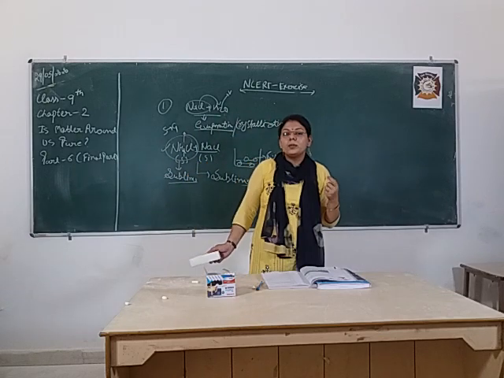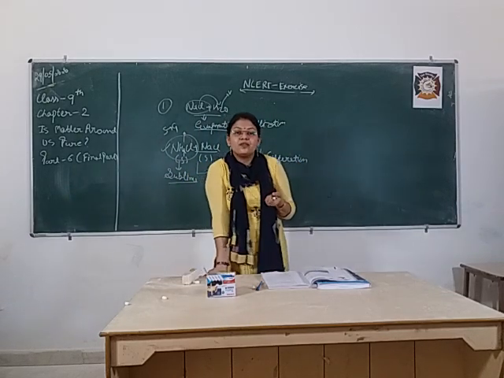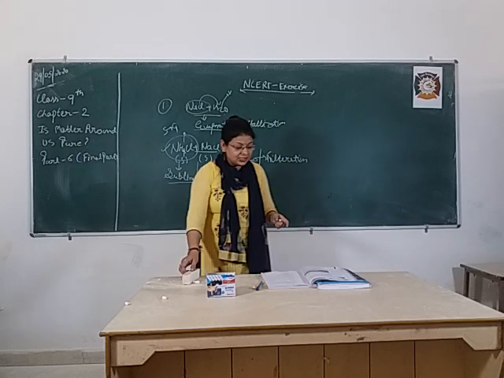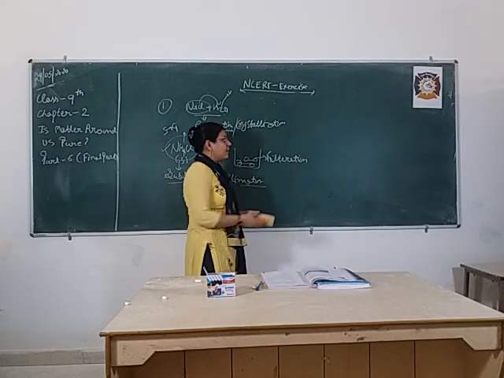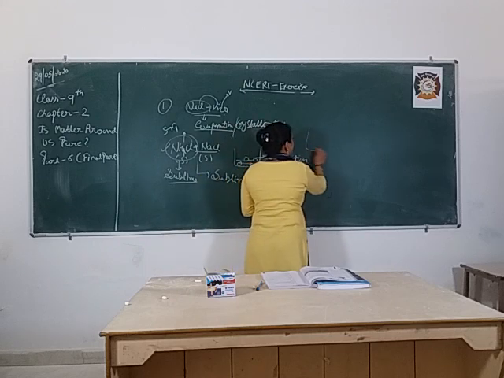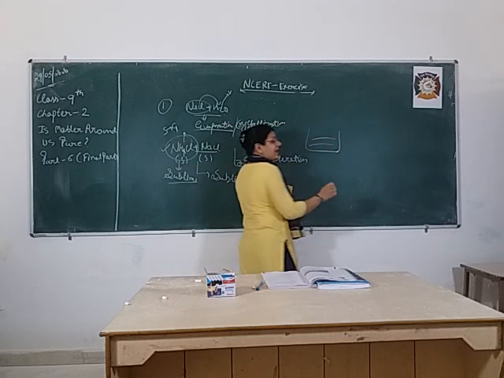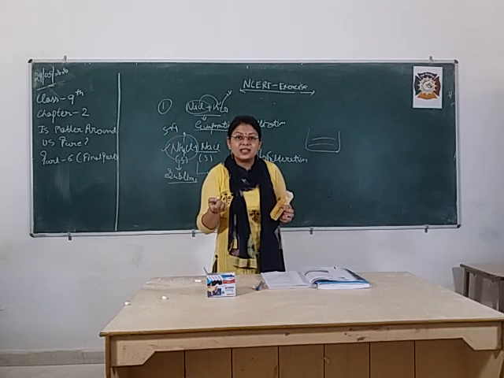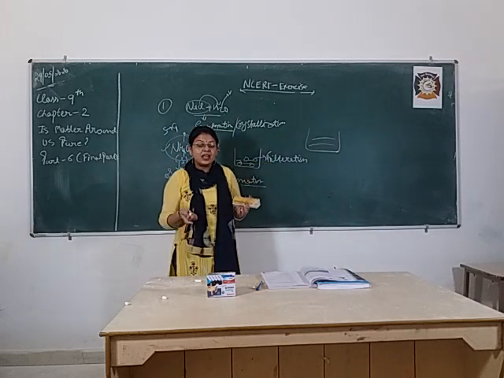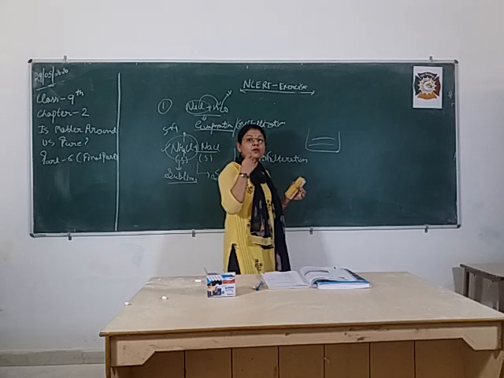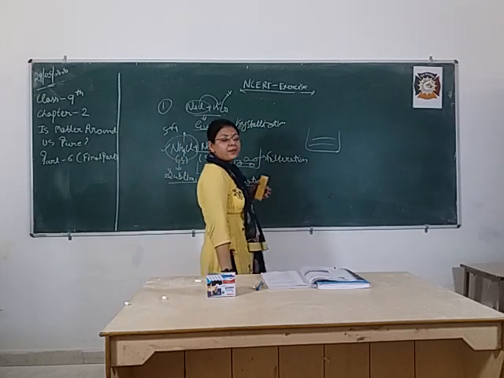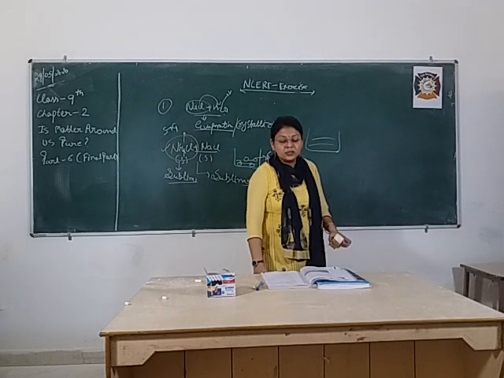Next is butter from curd. Very easy, already discussed: centrifugation. Next, wheat grains from husk. Simply based on their mass, is the wheat particle heavy or the husk particle heavy? Obviously the wheat particle is heavy. So just by winnowing, that is with the help of wind, you can easily separate the husk from the wheat.